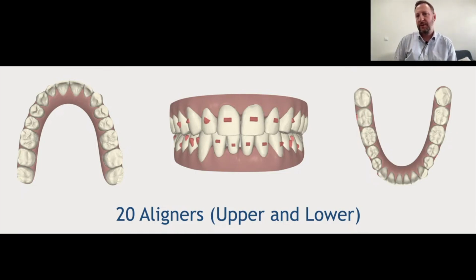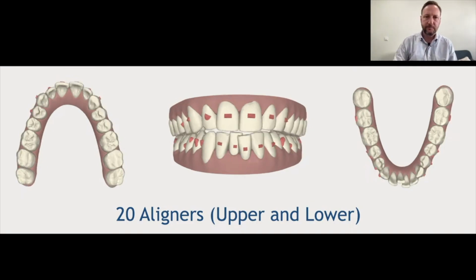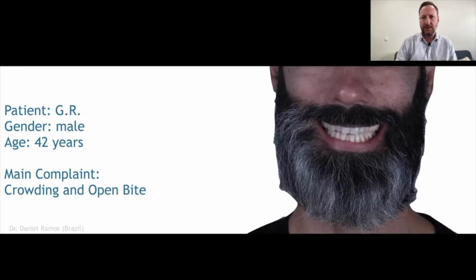So with 20 aligners, I don't need to create any sequential movement strategy here, as we discussed also in this course. So it's a predictable set. But what is not predictable in cases like this? For him to correct his open bite and looking at his smile,